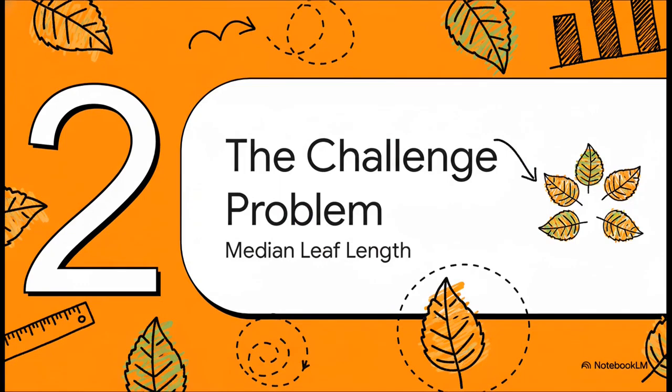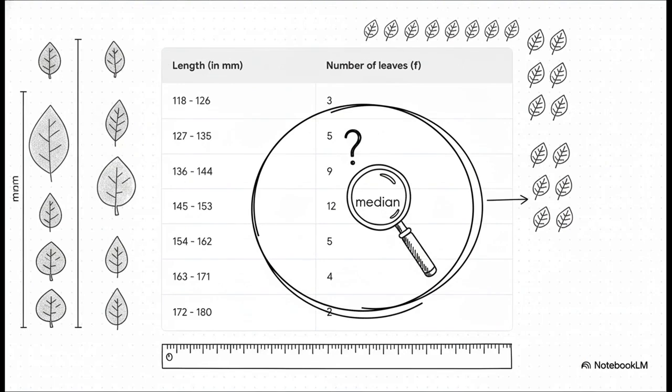चलिए, अब थ्योरी बहुत हो गई, इन सब कॉन्सेप्ट्स को एक एक्चुअल प्रॉब्लम पे अप्लाई करके देखते हैं। ये है आपकी टेक्स्ट बुक का क्वेश्चन नंबर 4, जहाँ हमें 40 पत्तियों यानी 40 लीव्स की मीडियन लेंथ निकालनी है। ओके, स्क्रीन पर देखिए, ये है हमारा डेटा। एक कॉलम में लेंथ दी हुई है मिलीमीटर्स में और दूसरे में नंबर ऑफ लीव्स, जो कि हमारी फ्रीक्वेंसी है। गोल सिंपल है, इस डेटा से मीडियन लेंथ फाइंड आउट करनी है।